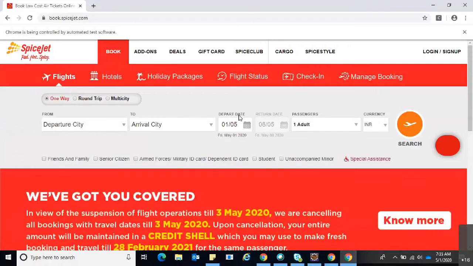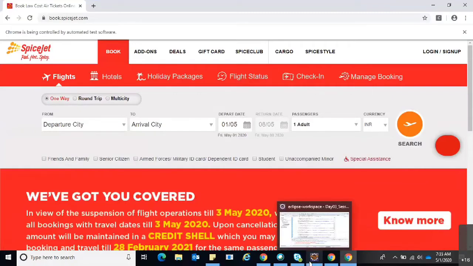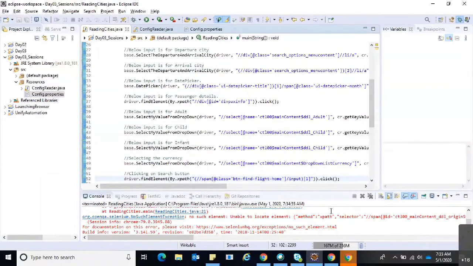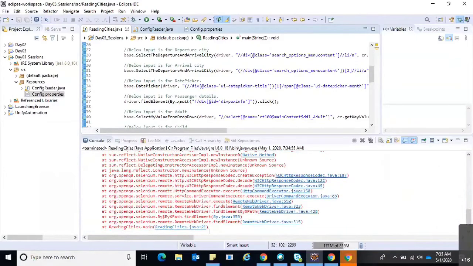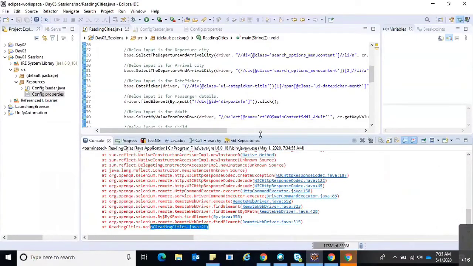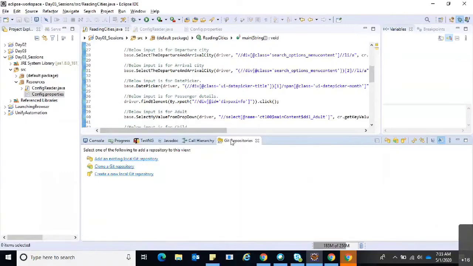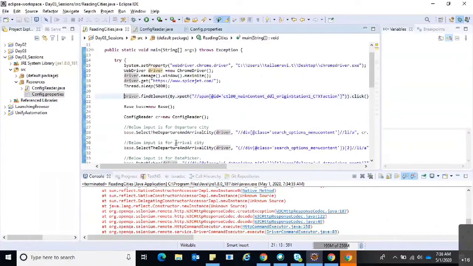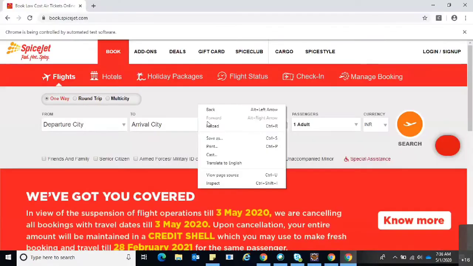Now it should start selecting the departure city, arrival city, all those things. No such element exception is there. What is that? You can see it here, Java 21. So it is unable to find this particular element. So let's check it here.